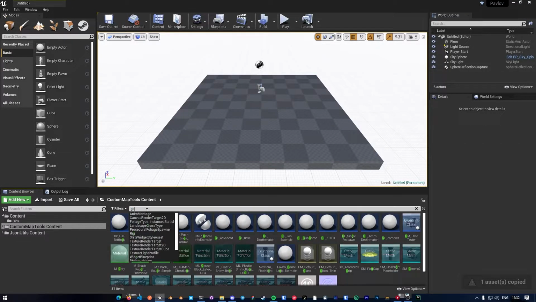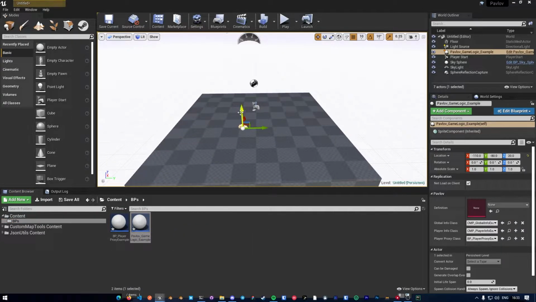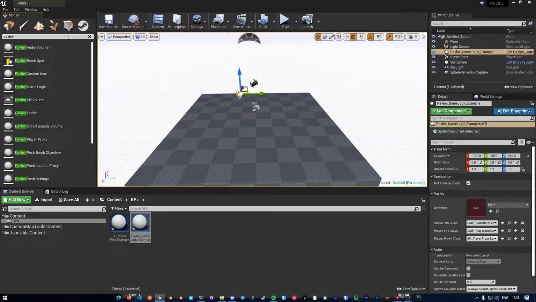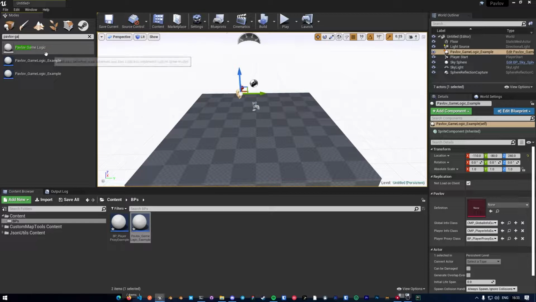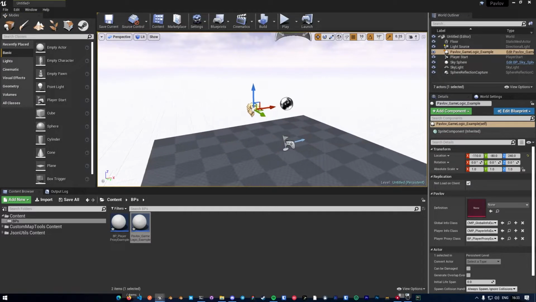And you also want to get Game Logic example from here. And you want to also copy that in here. Okay, so next thing you want to do is go and drag your Game Logic into the world anywhere. Now you may have, from a tutorial, already dragged in the Pavlov Game Logic from here, which looks exactly the same, but you don't want to. You want to delete the one that's in your world and make sure this one is the only Game Logic